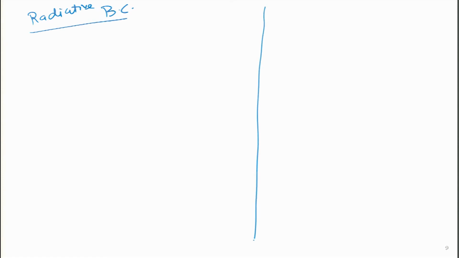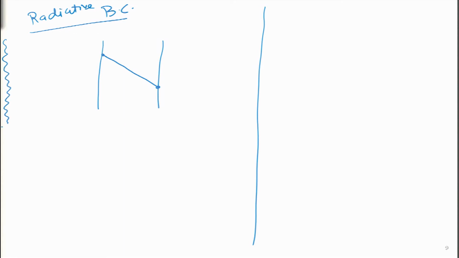So, what do you mean by radiative boundary condition? I will take the same wall over here. I am going to assume steady state conduction is taking place, but instead of having hot air on the left side, I am going to assume that there is some wall over here at far distance, which